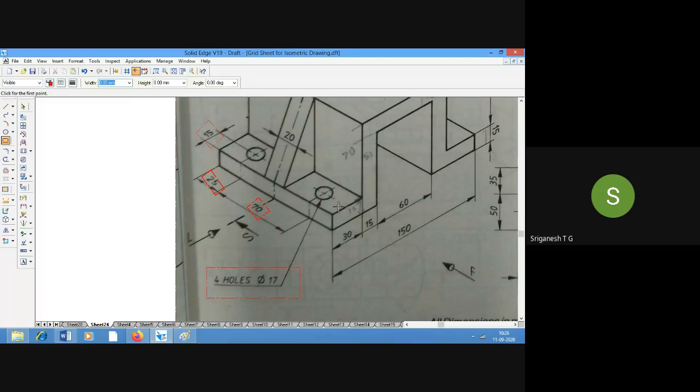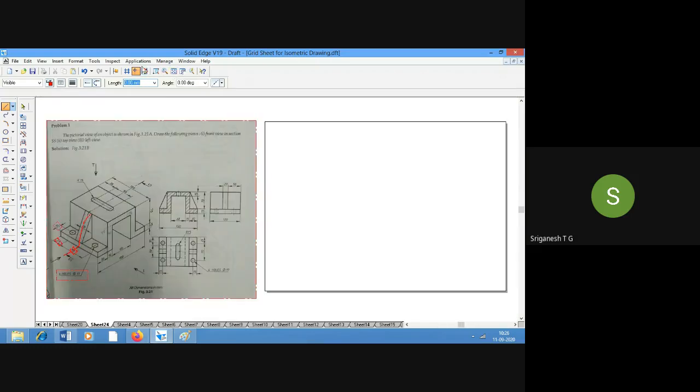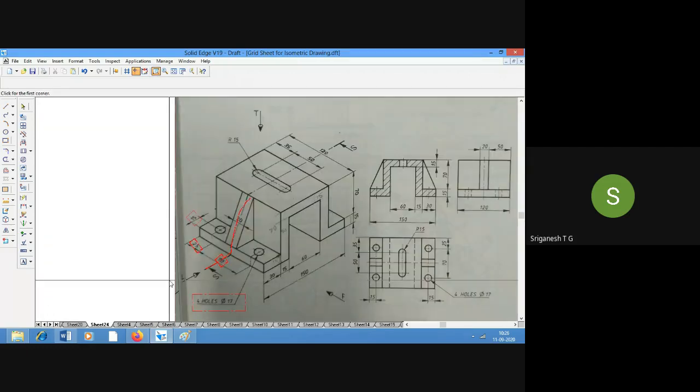And look at this, we have this sectional plane line going exactly through the center of the given object. It is here and goes on up to here.